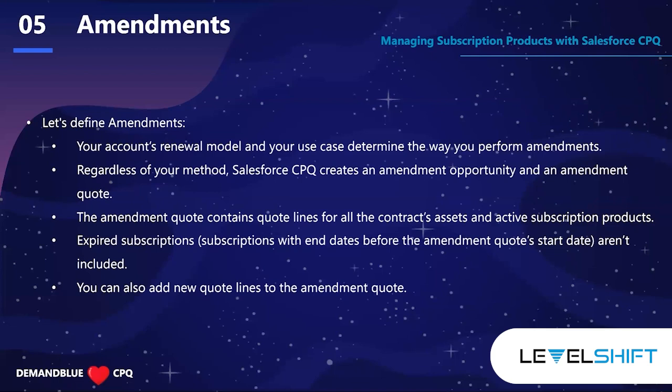When the amendment opportunity is closed won, it will update the contract subscriptions. Basically, it will add subsequent line items. If an existing subscription has been updated, it will create a new line item, which will have a reference to the previous subscription, reflecting the change as of the amendment date,